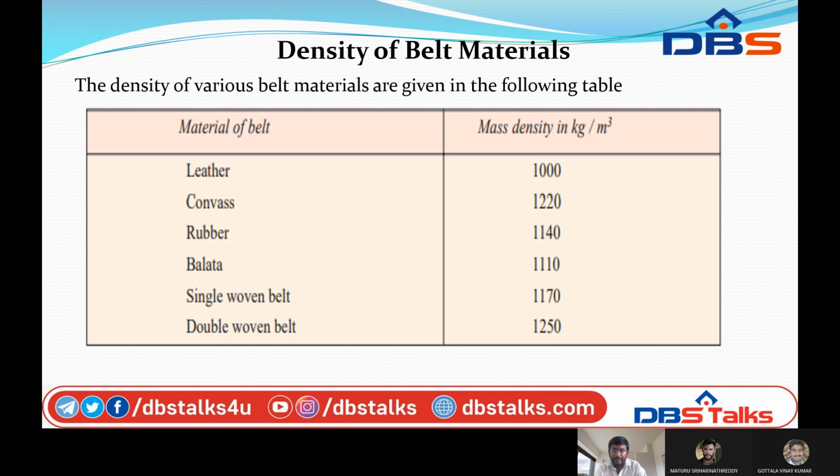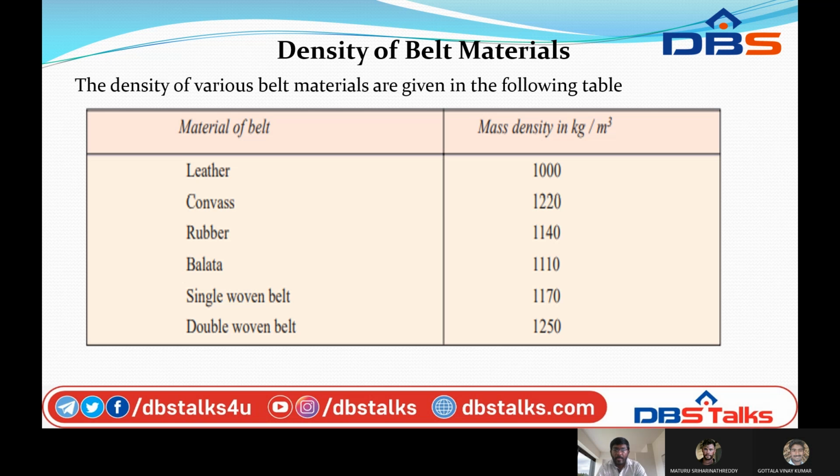Next, density of the belt materials. The density of the various belt materials is given in the following table. The material of the belt, mass density in kg per meter cube. The density of leather is 1000 kg per meter cube. The density of canvas is 1220 kg per meter cube. Rubber, 1140 kg per meter cube. Balata,